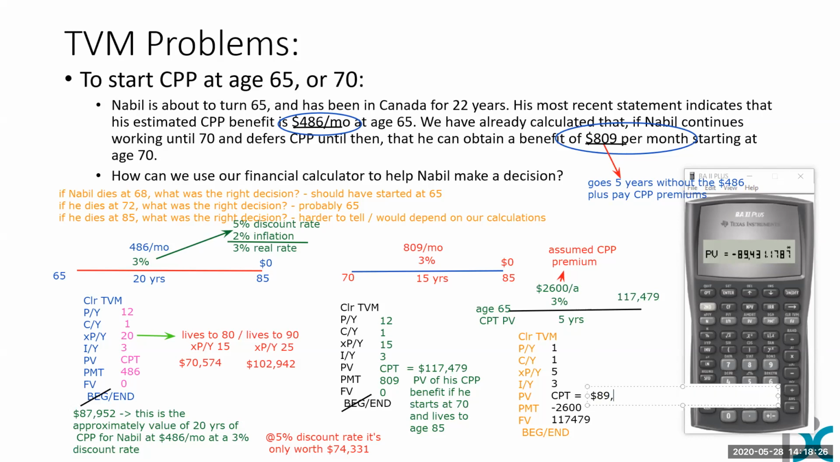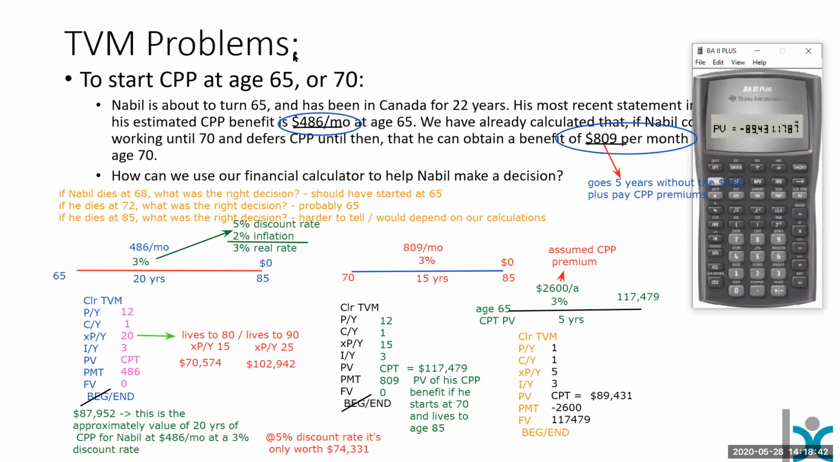And for him, that's $89,431. And that $89,431 means, or what we've really calculated here, is that if he delays his Canada Pension Plan until age 70, so if he at age 65 delays CPP to 70, pays 5 more years of premiums,